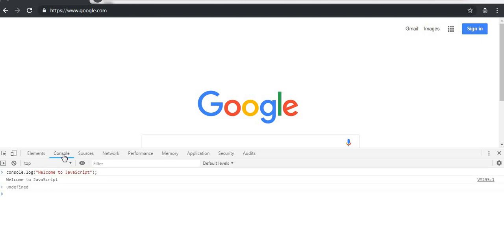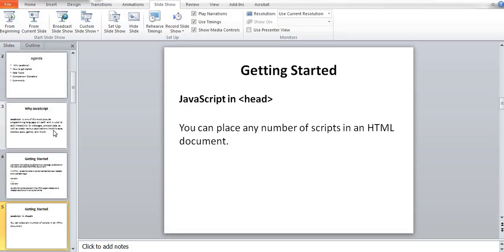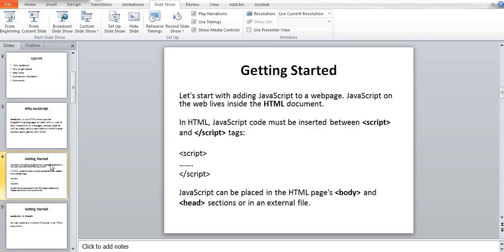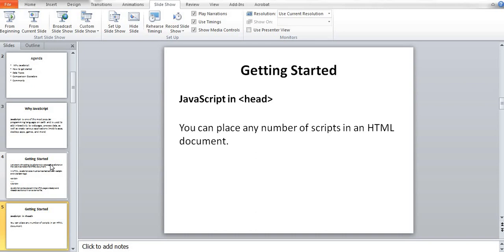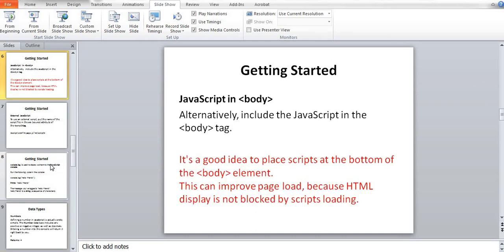When you press enter, you could see it's printed immediately to the screen. Welcome to JavaScript. As you can see, done. Let's go back. So we've seen how to add JavaScript to our existing HTML page, and also as a note,